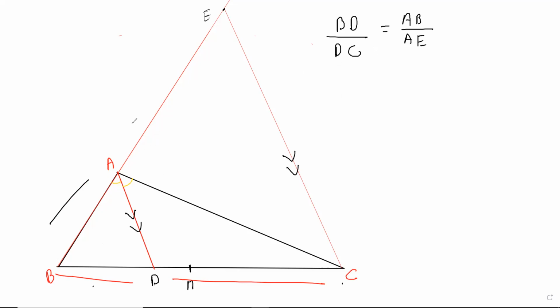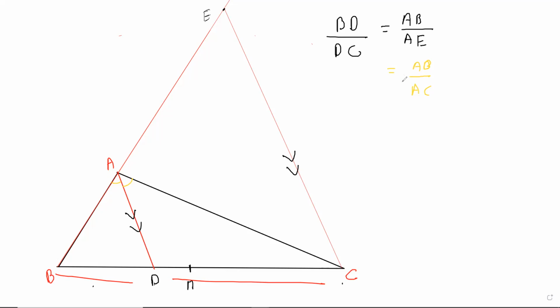So I'm doing this by this, it's just a more convenient thing. Now, this is the thing. But I want to say that BD is to DC is the same as AB is to AC, right? So this is where you can do a backward thing. Just in your rough work, you can note down quickly what you want to show. This is what I want to show. You will write it in the rough somewhere on the side. So if you want to show this, what do you really want to show?